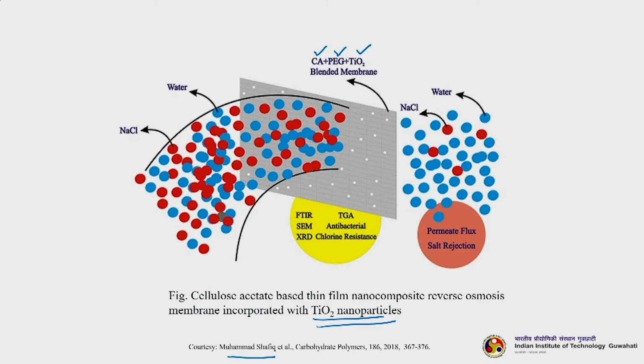So, when we talk about RO membranes, what should be their properties? It is very important to note a few things. Of course, the membrane material is very important. Apart from that, how much is the solute permeability, or the salt permeability, and how much is the water permeability, because the RO membrane's job is that it will allow the water to pass through to the other side, thereby retaining the salt.